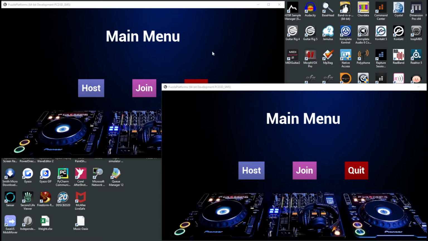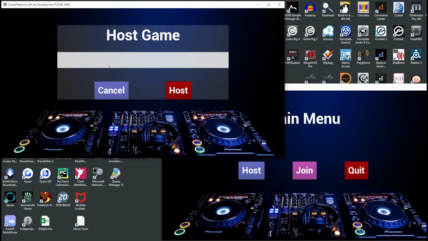I've got a quick demo here. I've got 2 sessions opened up. I could open as many as my PC has the ability for. So I'm going to host a game, and to host a game means I'm really launching a server and a client. When I say host a game, it launches a server behind the scenes, but it also loads a person, a client, into the game.